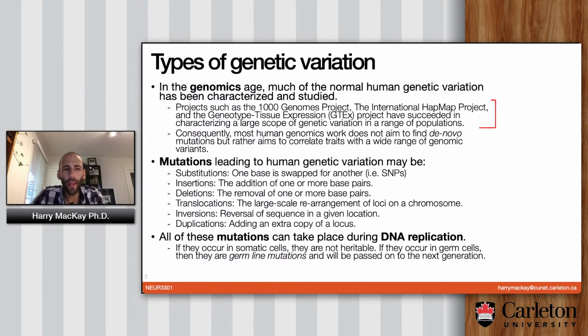There have been a lot of large-scale projects such as the 1000 Genomes Project and the International HapMap Project, as well as the Genotype Tissue Expression Project, all of which have basically had the aim of characterizing the scope and the universe of human genetic variation in a wide range of populations. Most of what we're doing here, and most of what you'll learn about in this class, is based off of those